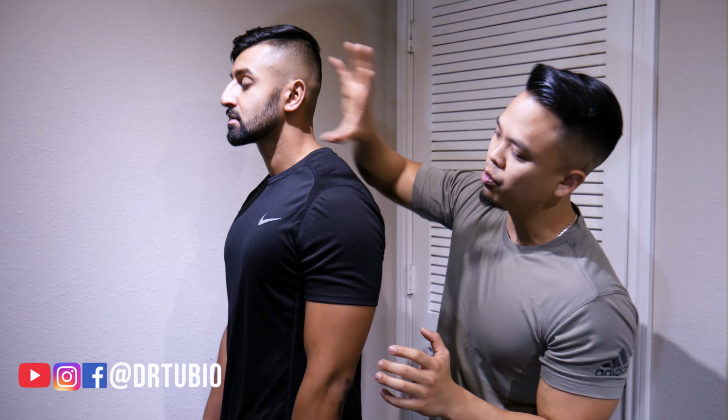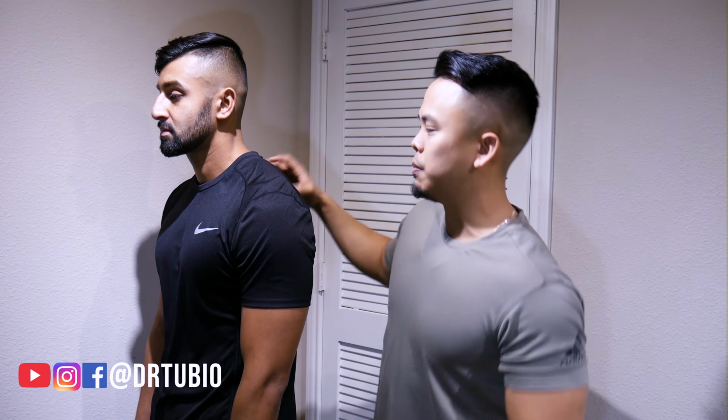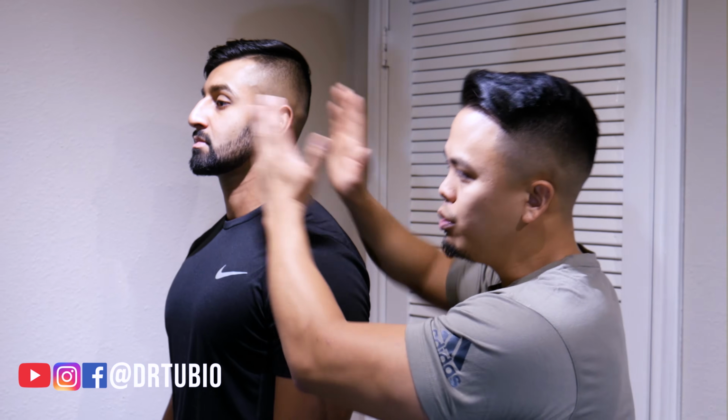So as the head moves forward, these shoulders now will start to move forward as well too, creating unnecessary tension in the pec muscles, but also in the paraspinal muscles in the thoracic region, causing what we call a hyperkyphosis. There's supposed to be a curve in the neck, there's supposed to be a curve in the middle back. In that neck, it's supposed to be a 43-degree curve. You usually lose that curve